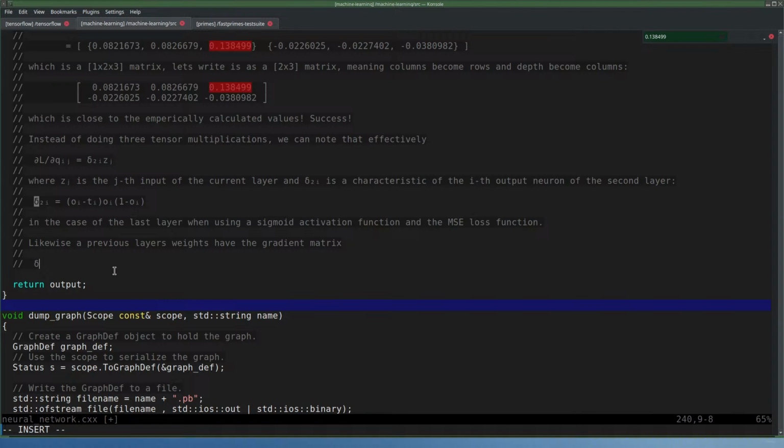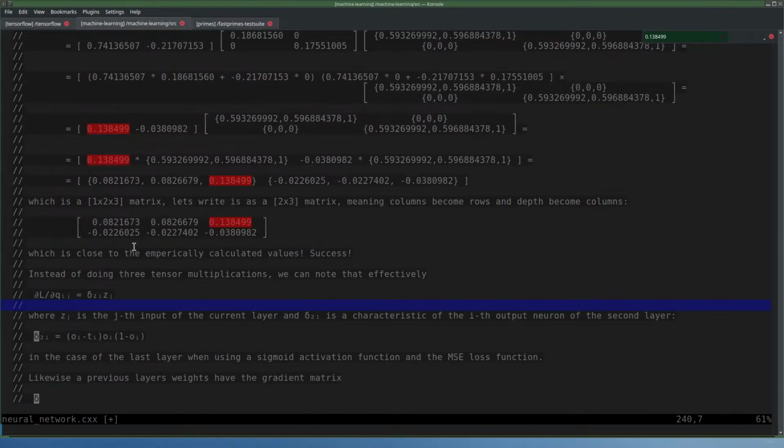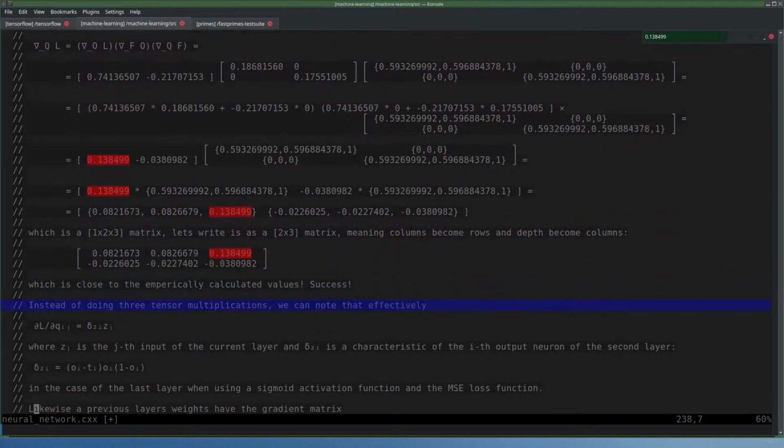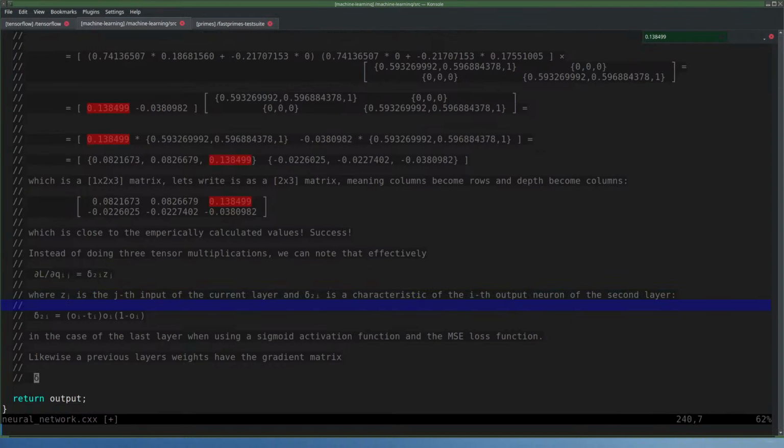I'll just use 1 here, even though it's the layer, whatever the layer is at that point. Just sub 1. I equals,